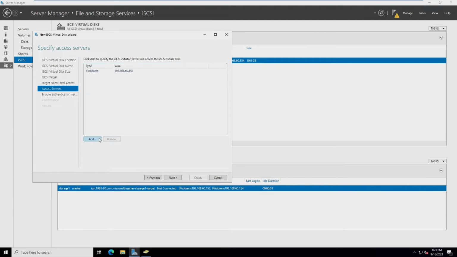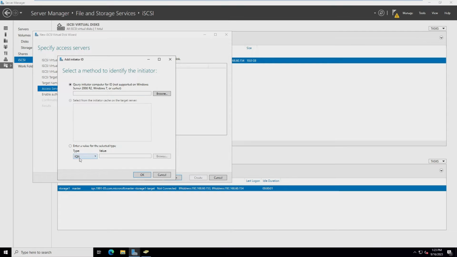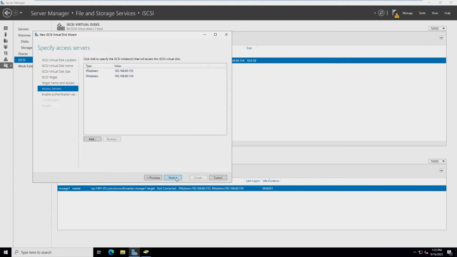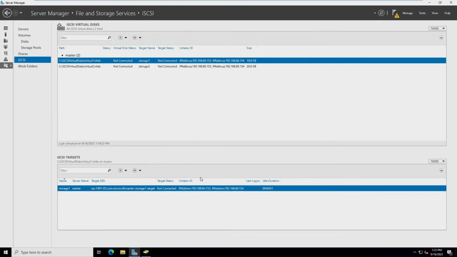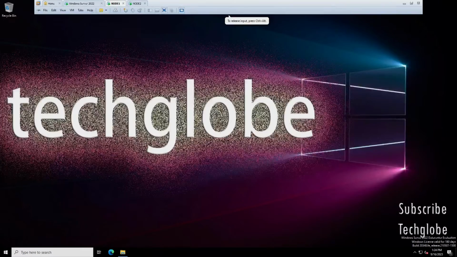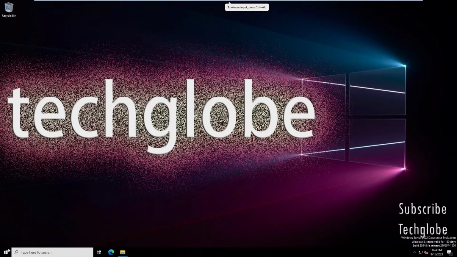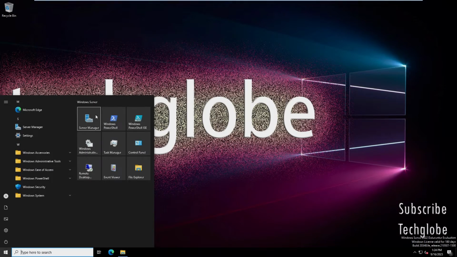Click OK and add again and select IP address and type the node 2 IP address, 192.168.60.154, and click OK, and next click next and create. Close this, and now we have created the virtual disks, 10 GB and 20 GB. Now go to the node 1 server and open Server Manager,